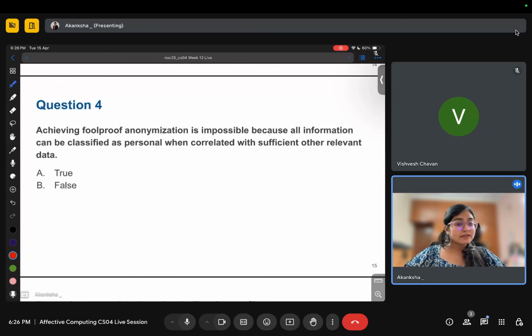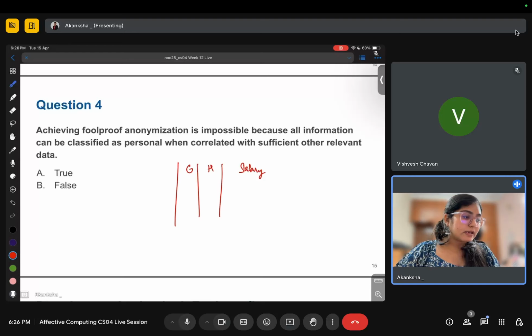data. This is very true, because anonymization means to remove the identity. Okay. Let's say I had this data: my home address, my salary, then the gender, and then so on.